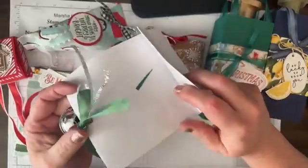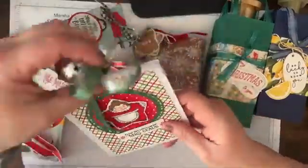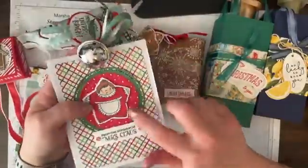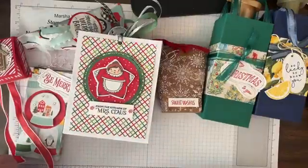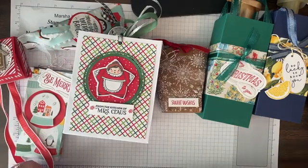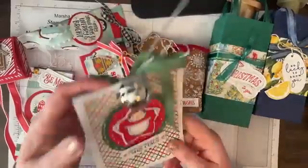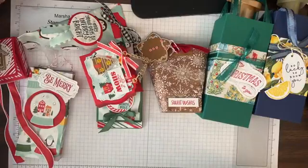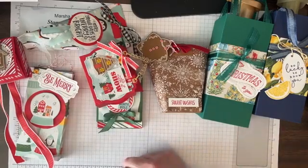These are, I believe, an online exclusive. They're food safe sacks. And I have it tied closed. I'll have to untie it to actually add something. This is the same set. I think that this is on the last chance list, but I also think it's currently out of stock. Let me check that really quick. What's that called? Star? I'm just going to search Star and see what comes up. Anyway, it's a super cute set, but I can't remember what it's called right now. But from the Kitchen of Mrs. Claus, I'll probably put my hubby's cookies in that and give it to somebody. Sweetest Star bundle, but the punch is currently unavailable, but it's going to come back. Anywho,